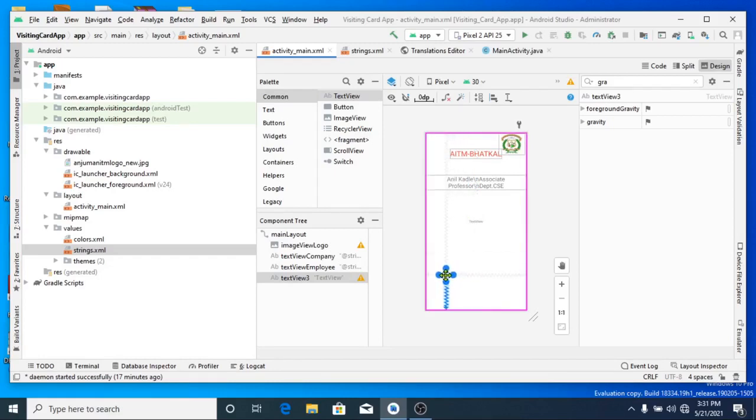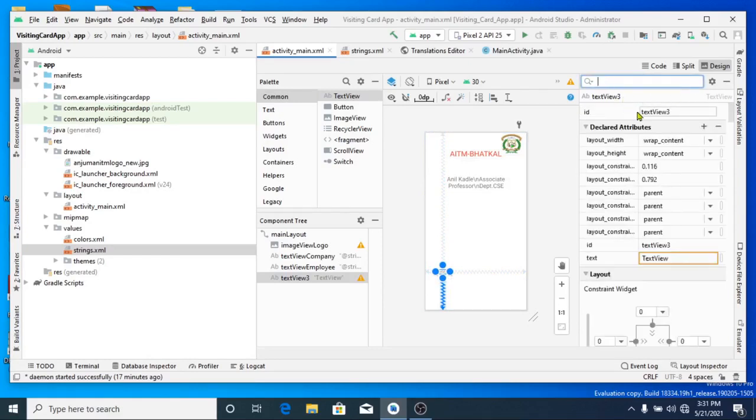Actually I want this to be in the corner here. Right, now the text whatever is there, you have to give the ID. I just come out of the search here. Text view ID whatever is there, 3 is there, but I will change it to phone.